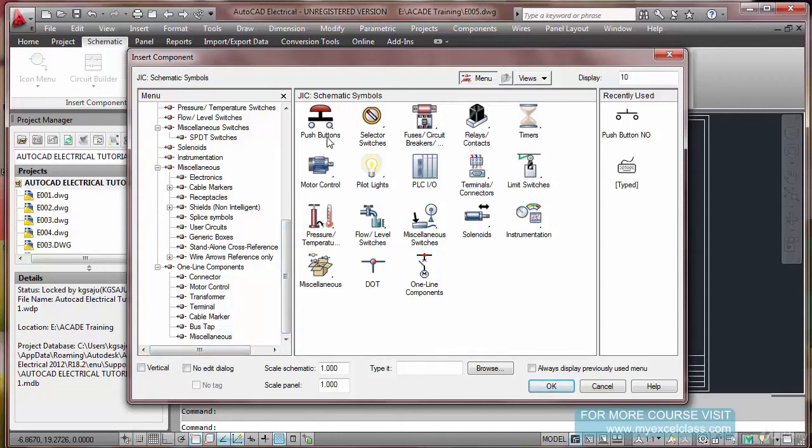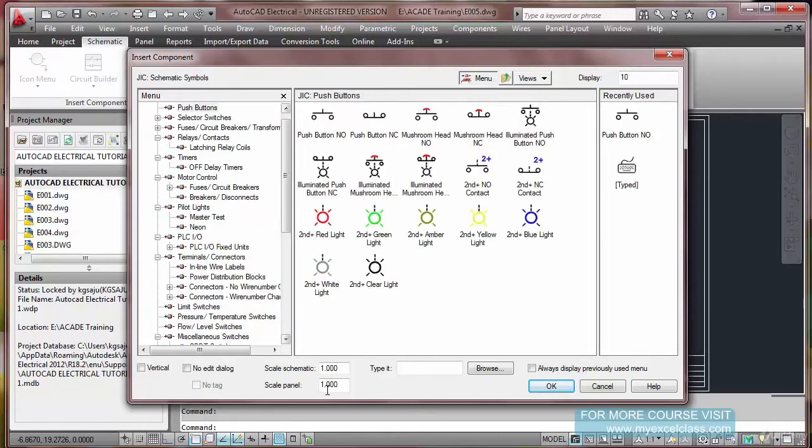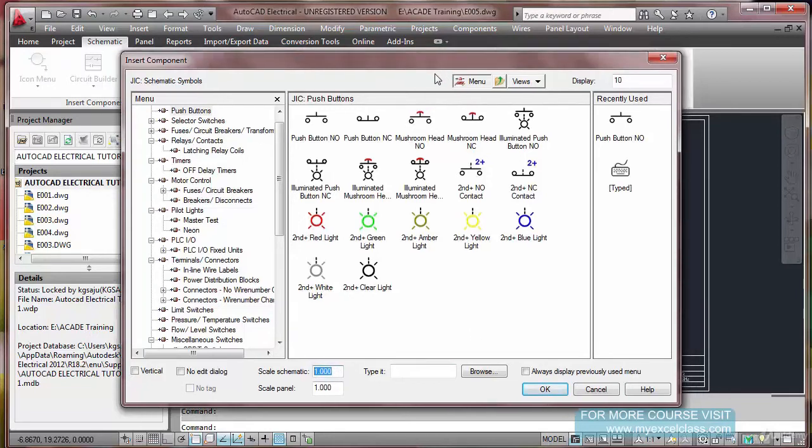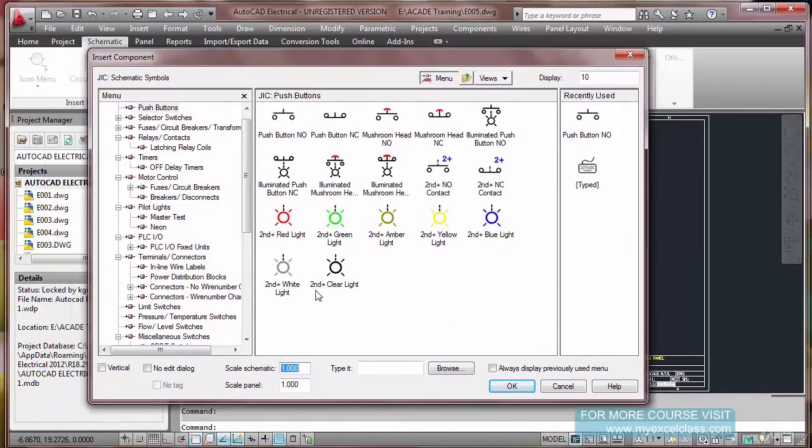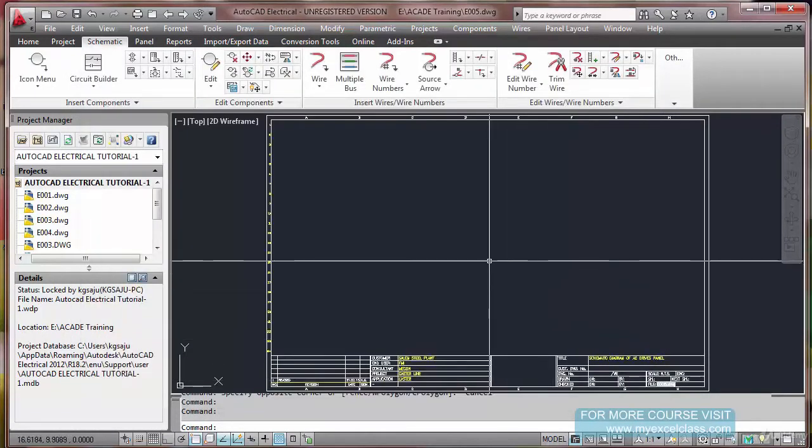If your title block is too big, you can use the scaling factor there. Instead of 33 by 21, if it is 33 by 210, I will put 10 as the scale factor and I will insert the component. So the size will look almost the same.